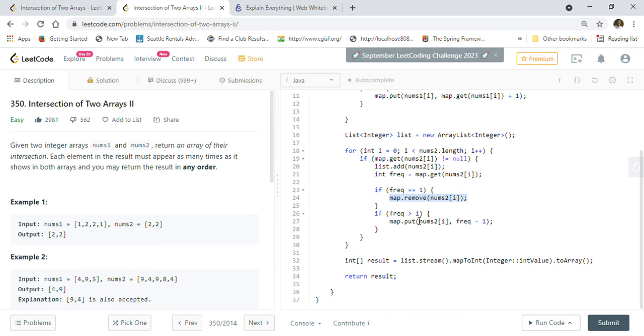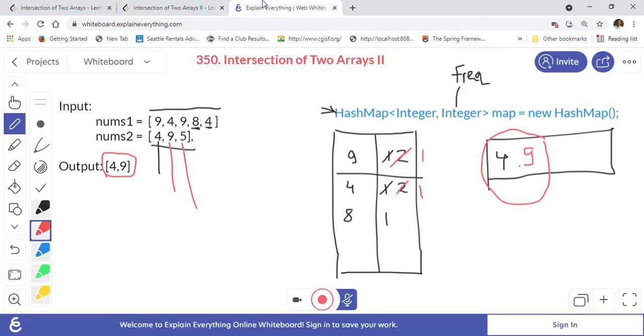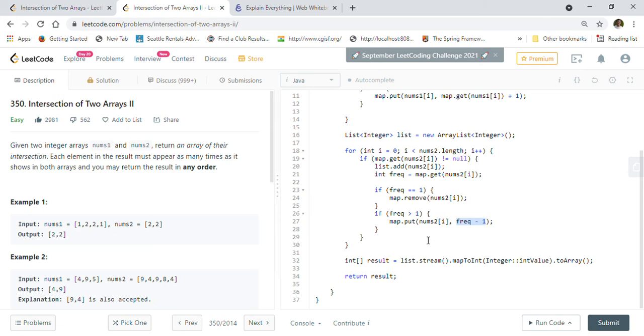If its frequency is greater than 1, meaning we have some frequency left, then we will put the same number with the frequency reduced by 1, because we have used it once already, right? As I was showing you here, we reduce the frequency from 2 to 1 when we use it, right? So that's what we are doing here.